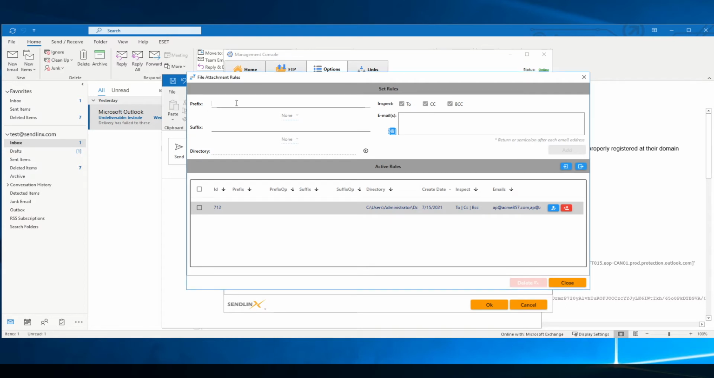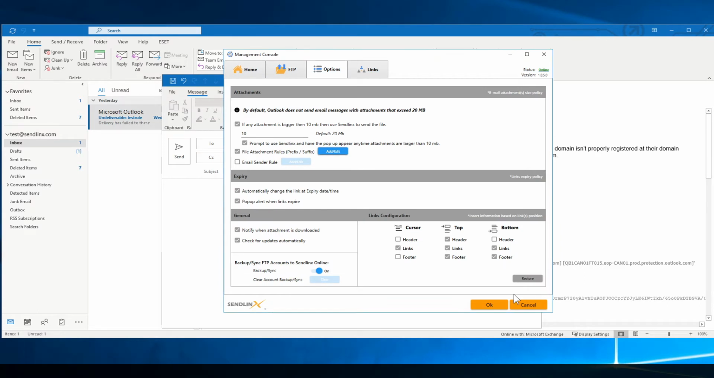So for the prefix, we will enter Joe, and we will make sure that we want to inspect all the mail to fields as before. And for Joe's email address, we will simply put joe@sky876.com. And now let's test this out by attaching a file that starts with Joe to another recipient instead of the authorized